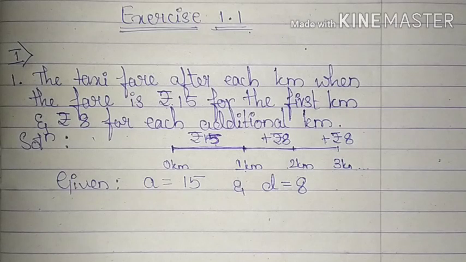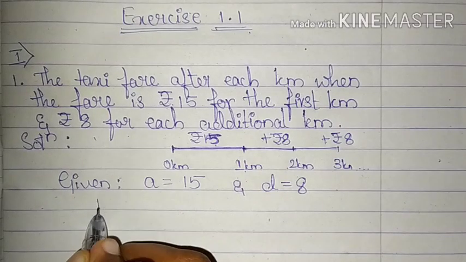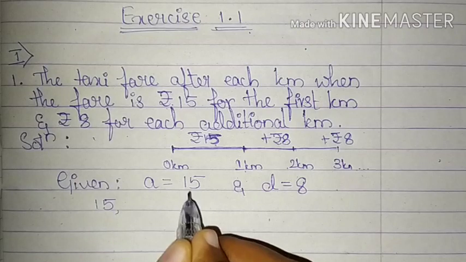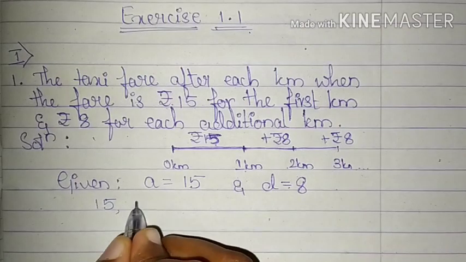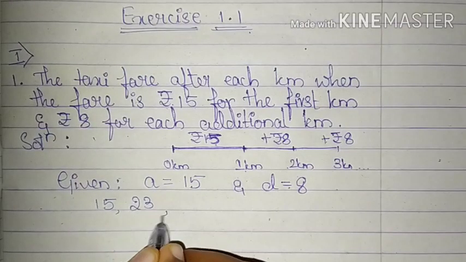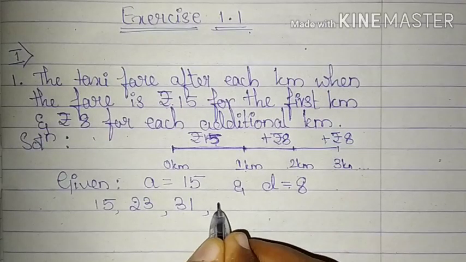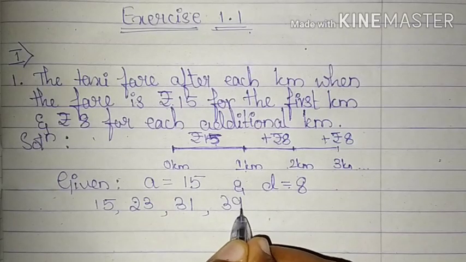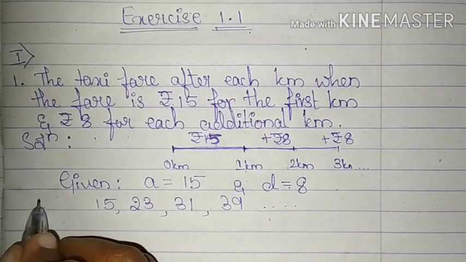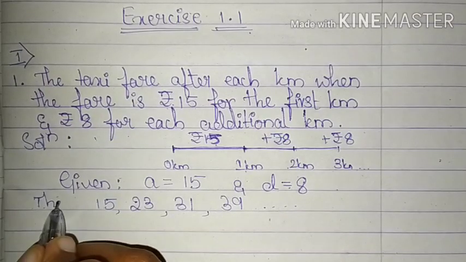That means we are adding 8 to the fare. So now what will be our arithmetic progression here? 15 plus 8, that will be 23. 23 plus 8, that will be 31. 31 plus 8, that will be 39, and so on. The AP is